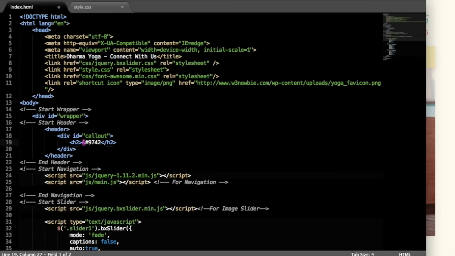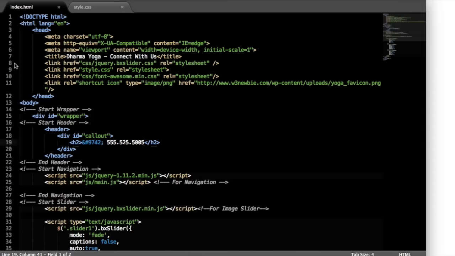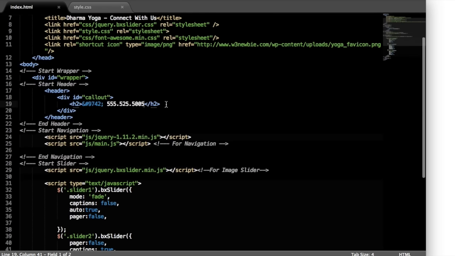So let's use the little phone icon here in HTML, which is the ampersand, pound, or hashtag, whatever you want to call it, 9742, semicolon, and then the phone number 555.525.5005, which I hope isn't a real phone number because I made that up. And then let's drop down and add the